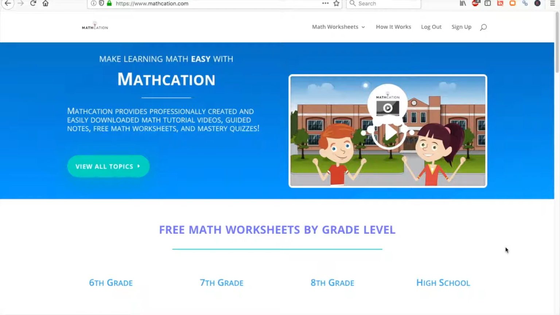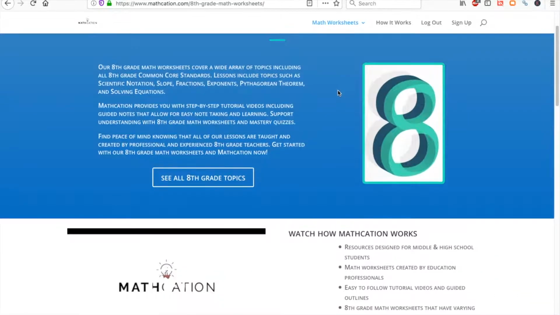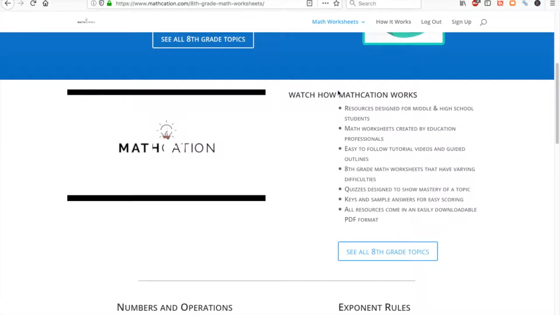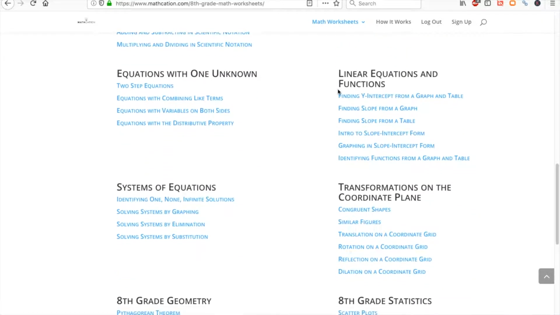Let's say I want an 8th grade lesson on solving two-step equations. First, I go to the 8th grade topics page. Then I scroll down to my desired lesson, in this case, two-step equations. Note that the 8th grade topics page is laid out in an easy-to-read manner so that you can effortlessly find